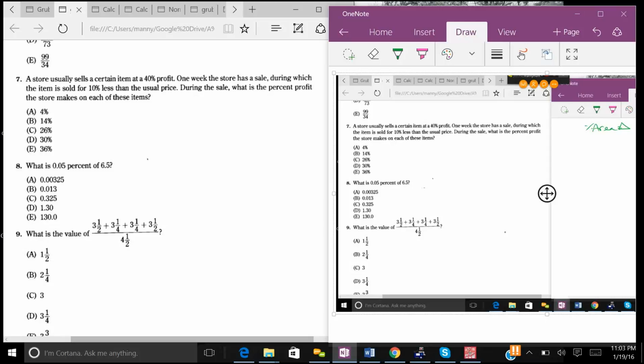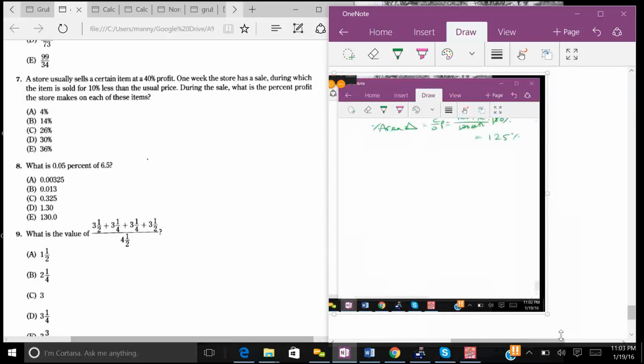Okay, I got it. What'd you get? C, 26%. Yay, I'm glad you got it. It's good. Did you use 100? Yeah, I used 100. So I got that the store says it's normally 100 and then you sell it for